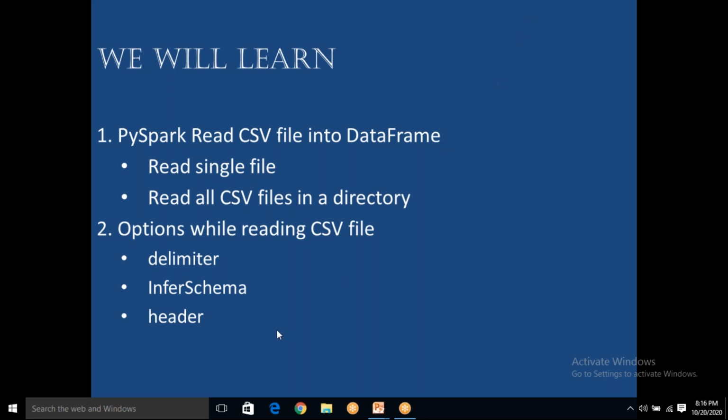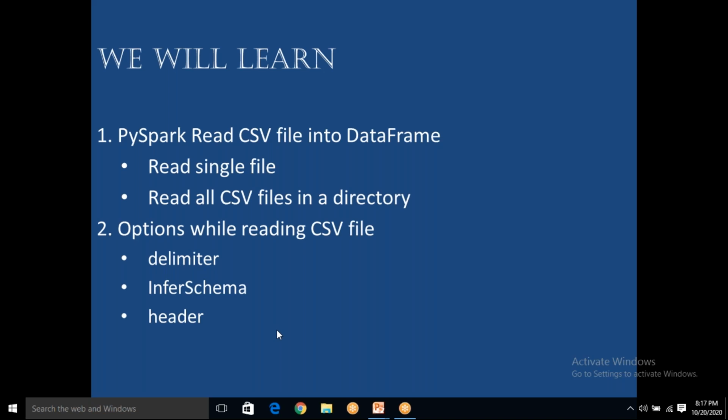Okay, so our third option is header equal to true. What it means is, for example, you have customer ID, customer name, customer location, customer phone number, something like that. There are 4 columns, and under those headers you are going to enter data. By default, when you are reading CSV files, these headers will go into your data.